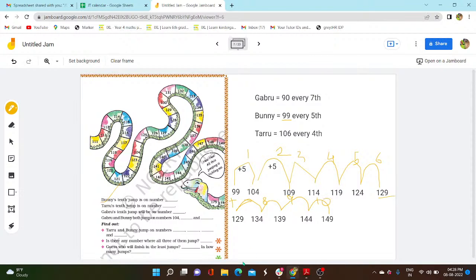Now that means on the 10th jump we have to stop. Now on which number did Bunny reach when he counted his 10 jumps? He reached the number 149. That means Bunny's 10th jump is on the number 149. Okay. Now this was the lengthy way of doing the question, where we had to make this nice number line